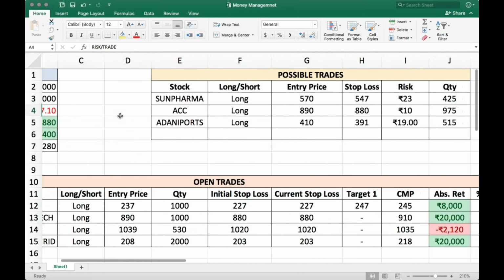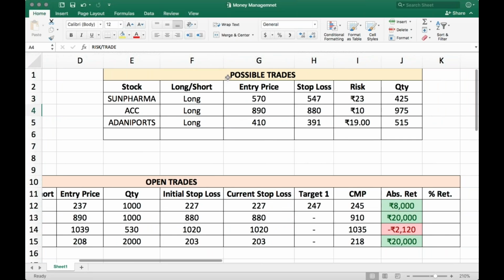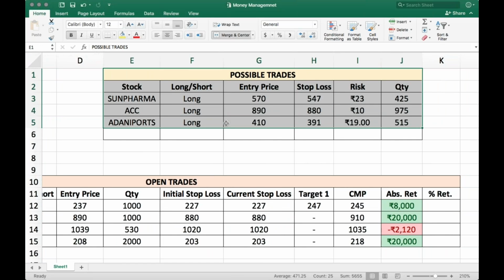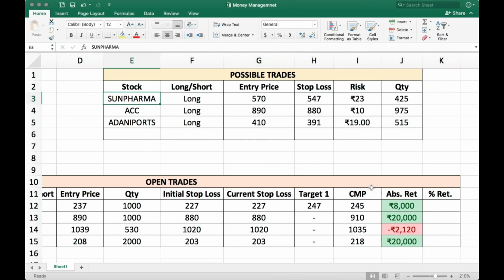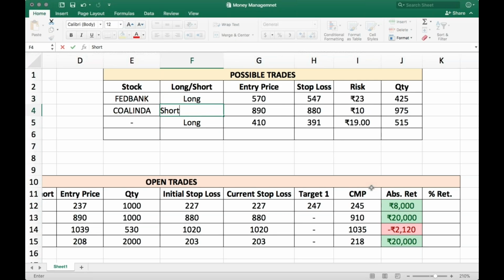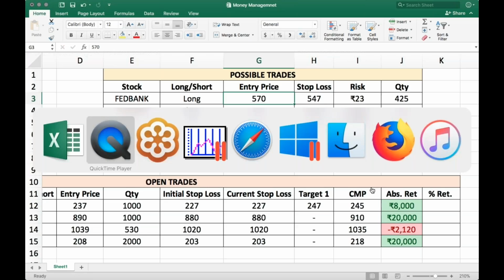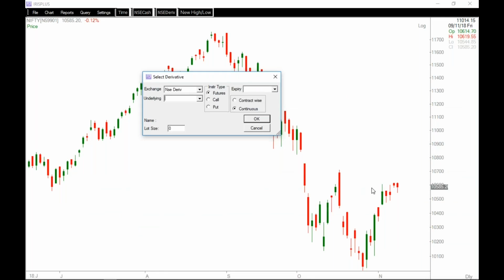For example, let's take a quick detour and come to the second table called possible trades. Possible trades are those probabilistic trades that you're going to take tomorrow. We got Fed Bank and we got Coal India. All right. Federal Bank was long, Coal India was short. If we open the chart of Federal Bank